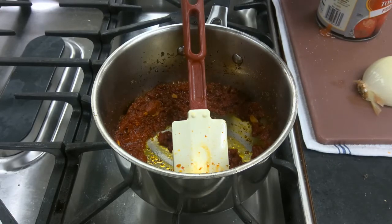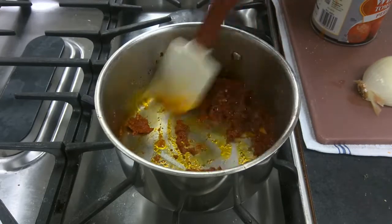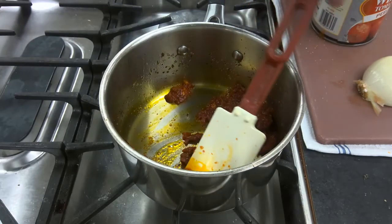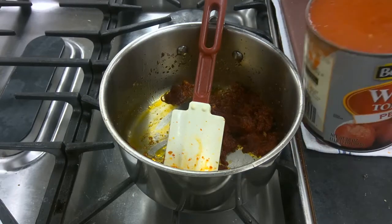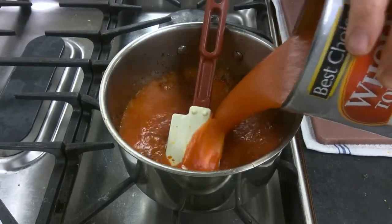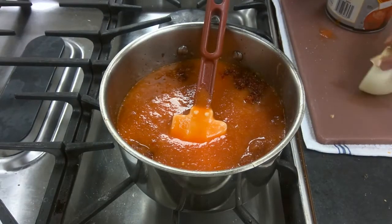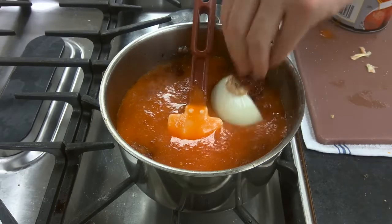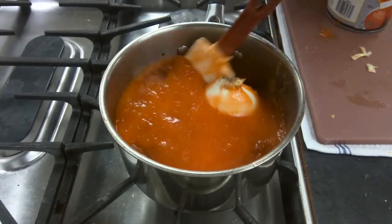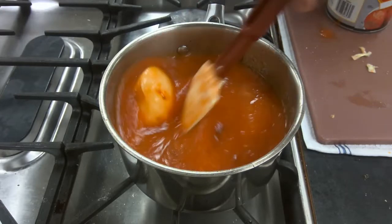Otherwise, the sauce will have this kind of raw bite to it that you don't want it to have. So, obviously, since we're here at Heights and here at the school, I'm not going to use wine. I'm just going to add in my tomatoes. I'm going to add in the onion. Now the onion's there just to kind of infuse the sauce with